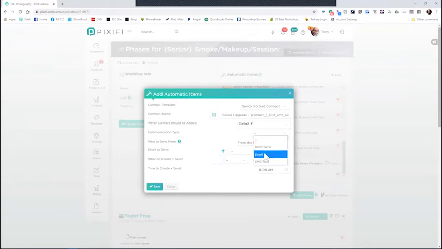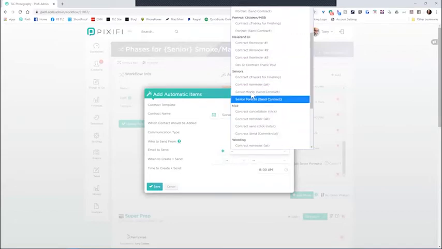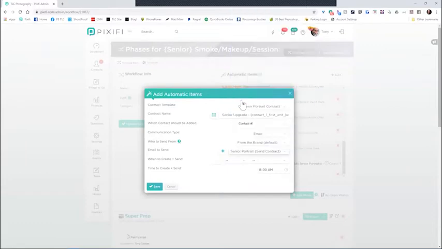And we want to send it by email from the brand. The email to send will be senior contract, senior portraits and contract. And we're going to send this 1 day before the event. Okay, we're going to send that at 8 o'clock. All right, so when you save this, what will happen is on the day before the event, it is going to create a contract from this template, the Senior Portrait Contract template. It's going to give it this name. It's going to send it to this person by email from the brand, and using this email, which is the basic send portrait contract